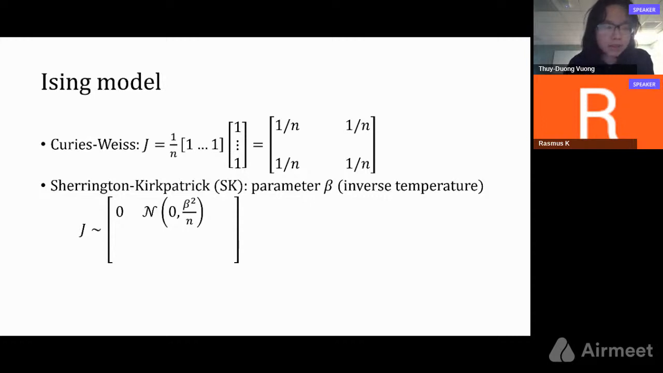each entry of J is independently and identically distributed according to the Gaussian distribution with variance beta squared divided by n. And the parameter beta here is called the inverse temperature. I will explain the intuition later, but